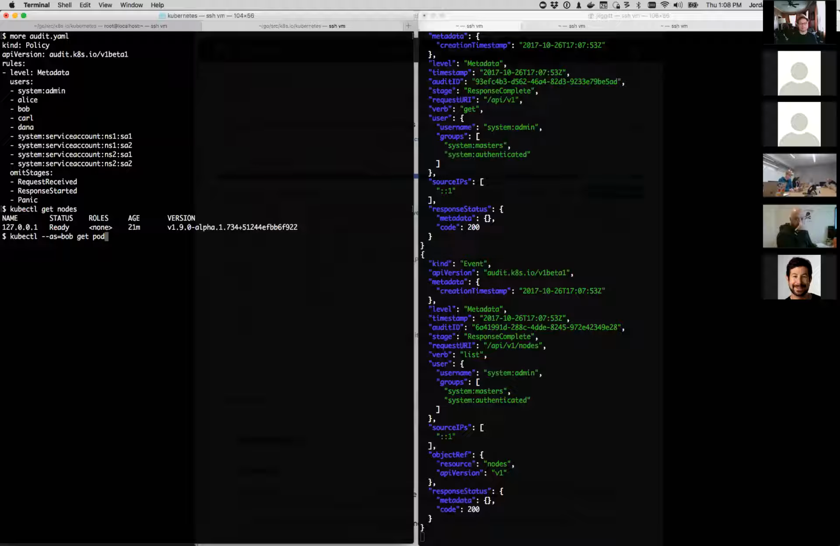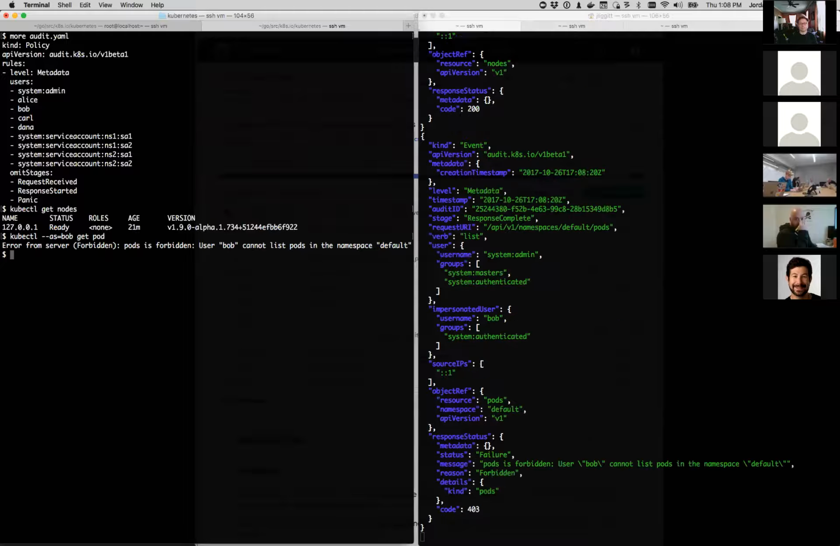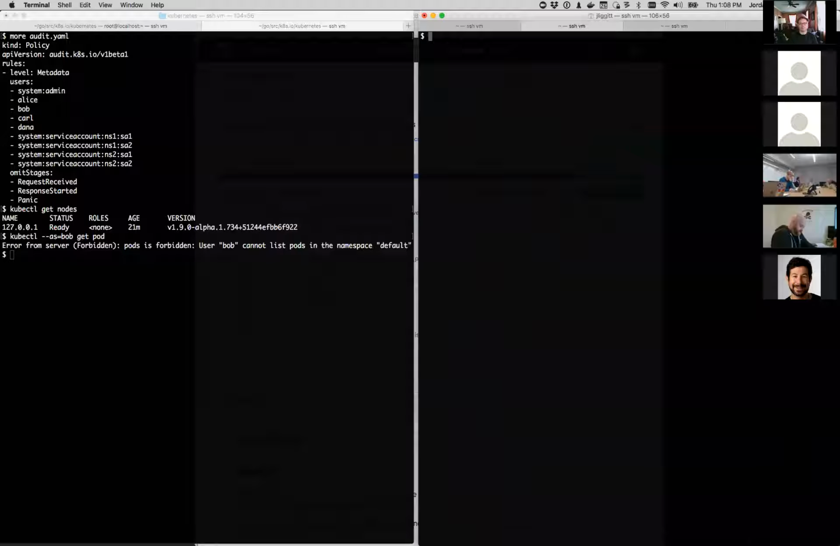And when Bob tries to get pods, Bob is forbidden because he doesn't have a role that lets him do that. But I can see an audit event indicating that Bob tried to list pods. And so this gives the Audit to RBAC tool the information it needs to be able to see what Bob tried to do and craft a policy that would allow that. And so if I switch over to this tab,